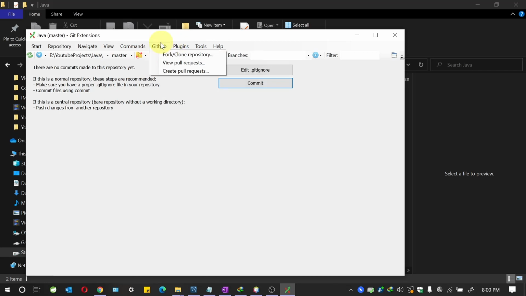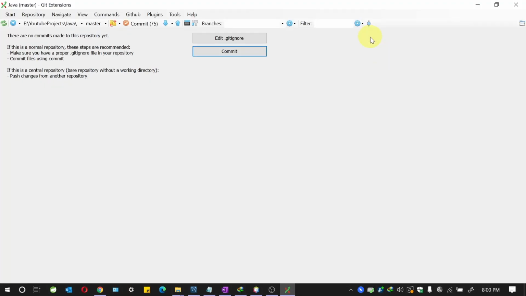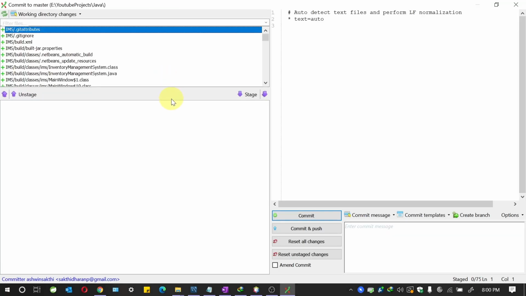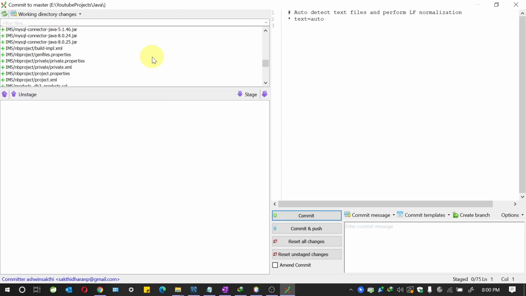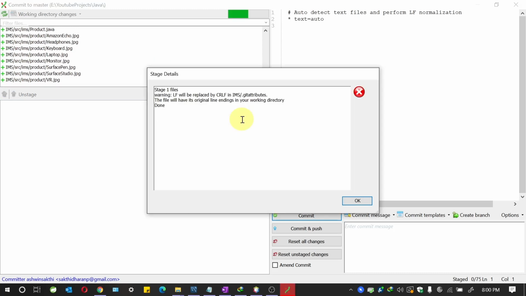Okay, so if you see, during commit I'll show. There are 75 files that we are going to commit here, including the build, the classes, everything, the jar that is generated. So stage and